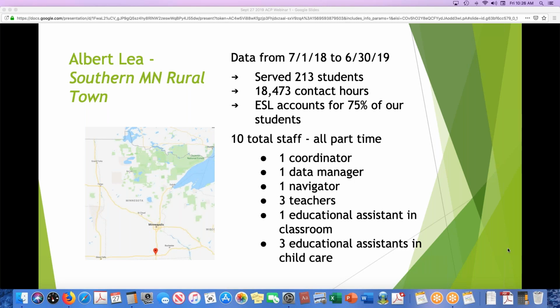So we close down pretty much mid-June through July, and then we open up again late August. So kind of a 10-month. So I just kind of wanted to give you a little background about that. I know when I started this, it was a little overwhelming for me because some of these bigger programs have lots of full-time staff, but it was just something that I knew we had to do, and it was really important. So Heather, if you could go to the next slide.